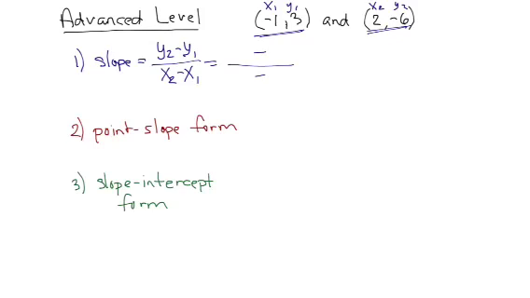So let's plug in some numbers. First off, the y2 number, which is -6, and then minus the y1 number, which was 3. Then denominator, x2 number, which was 2, minus the x1 number, which was -1. And there it is again, a double minus sign, going to act like a plus. So that means I'm going to end up with -9 in my numerator, and 2 plus 1, which is 3